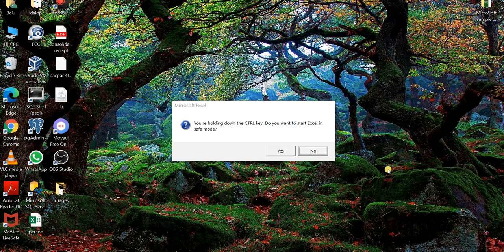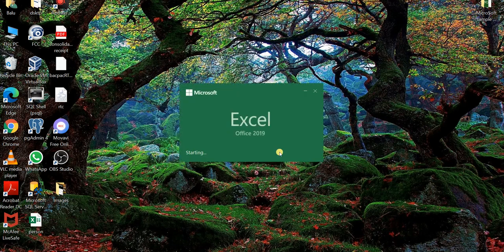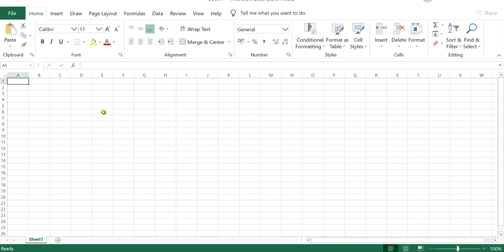The system will prompt you: you are holding the Control key, do you want to start Excel in safe mode? So I want to start in safe mode. Yes. So we use safe mode if the application stops without giving any error message. If the system or the application gets hung, you can open Excel in safe mode.